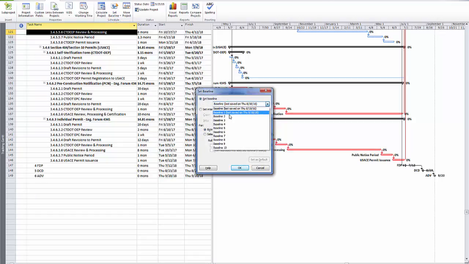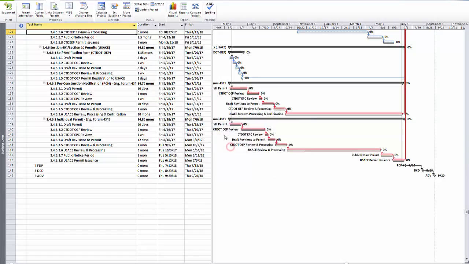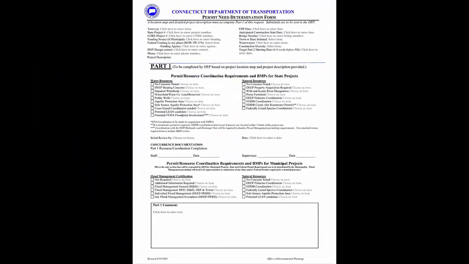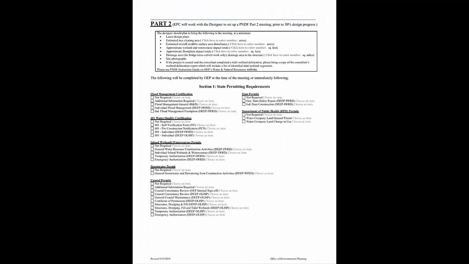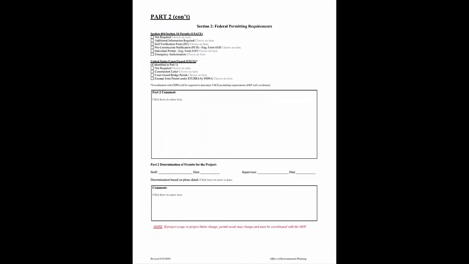If you anticipate that you cannot meet your FDP deadline, you will need to bring up the issue at the next project status meeting. The Permit Needs Determination Form, or PNDF, indicates which permits are required for a project. The PNDF permit section should be completed prior to design approval, so that once design approval is attained, permit creation can begin. Therefore, when a project enters final design, a project manager should go into the permit acquisition process and